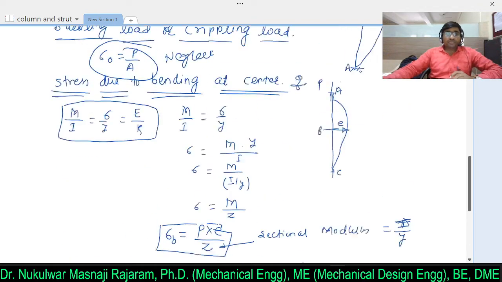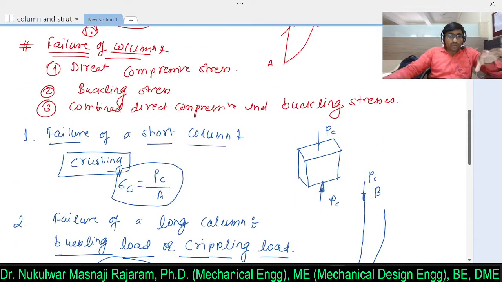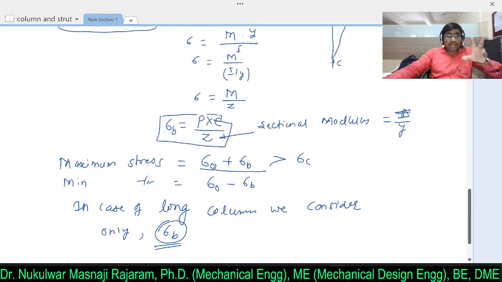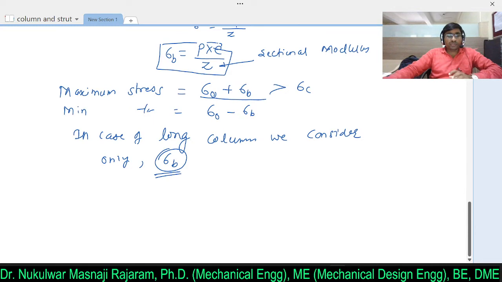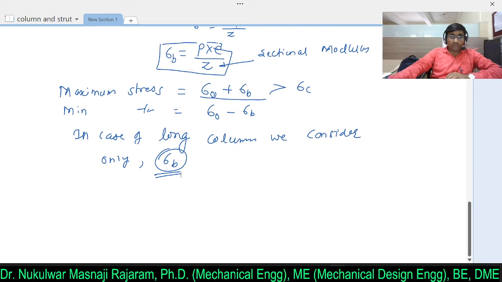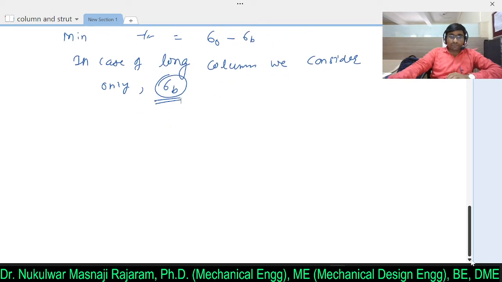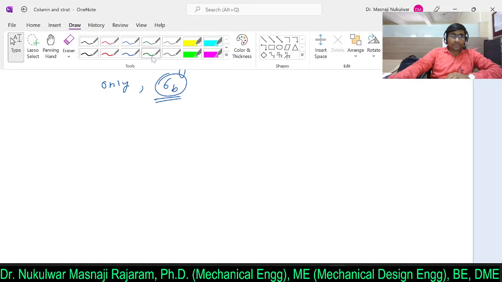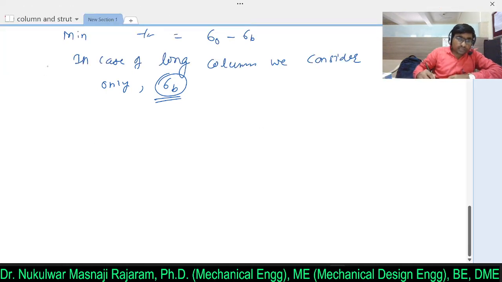So this is the difference between the long column and short column. Short column fails due to the crushing stress, and long column fails because of the buckling stress or bending stress. And this bending stress is given by the formula P into E divided by Z, where Z is nothing but the sectional modulus. Simple. So we will proceed further with the new topic, that is